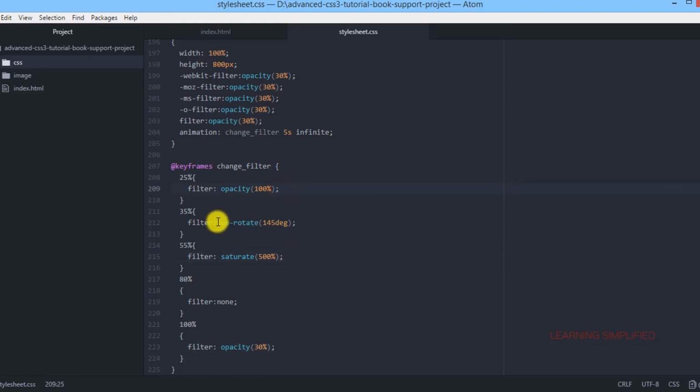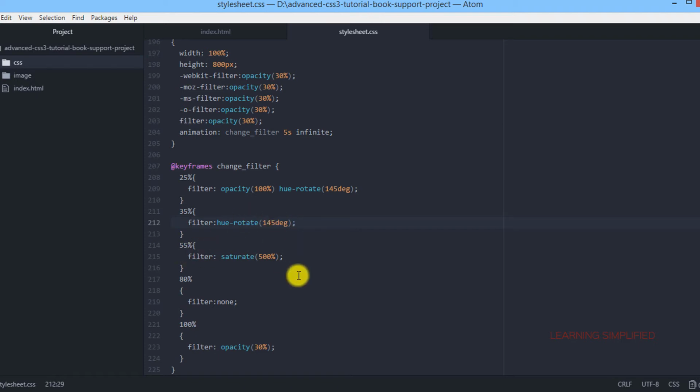And here, first of all, we need to combine these two filter properties over here, opacity 100% and hue rotate 145 degree. And then all we need to do, it will retain for some moments over here 145 degree.